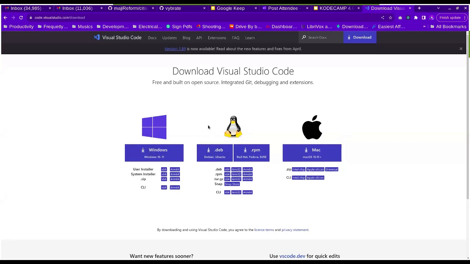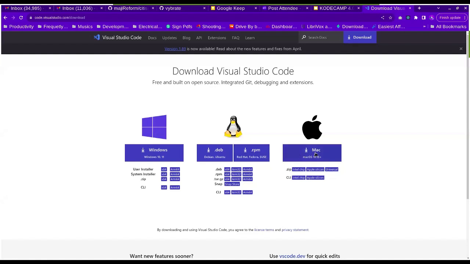If you're using Linux, like me, I use the Zorin operating system, you download either the Debian or Ubuntu version. There are two major types of Linux distributions: the Debian or Ubuntu one, and the Red Hat ones, that's the RPMs and the Debians.